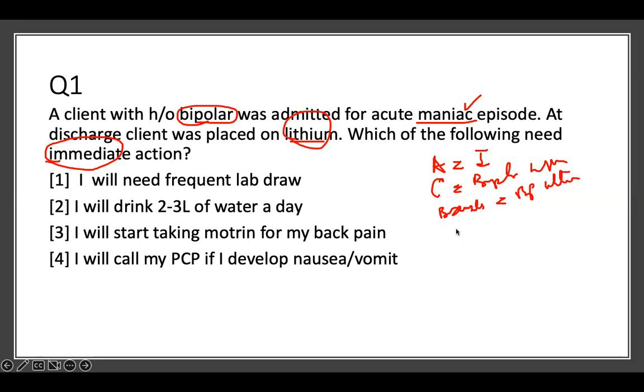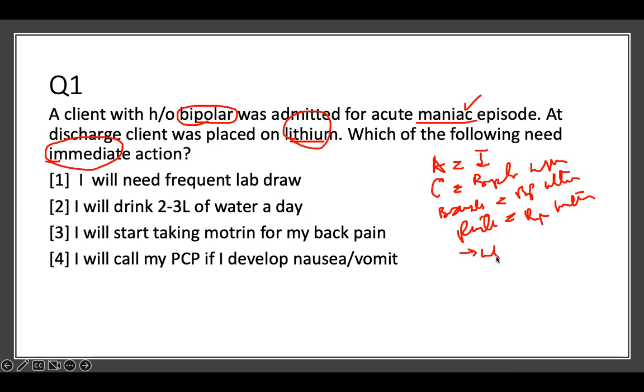After you do your buzzwords, you rewrite your statement. All these three lines, you have to rewrite so that you can take ownership of the question. Basically, the rewrite means bipolar patient on lithium. That's all. What do I look for? That should be worrisome. Before you look at your answers, go with your content.